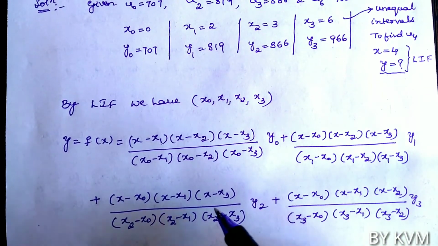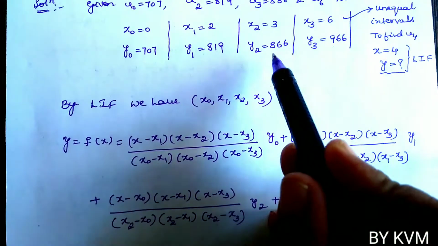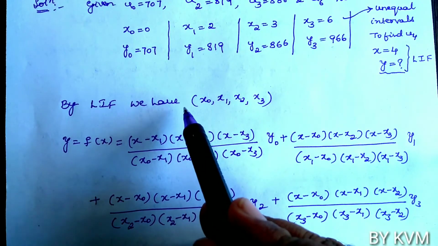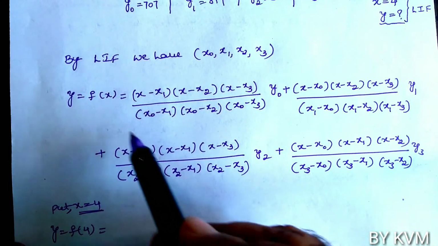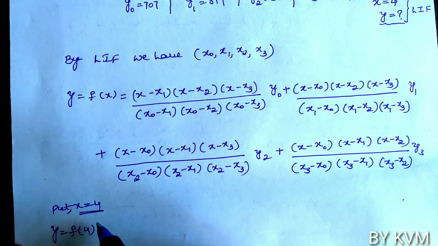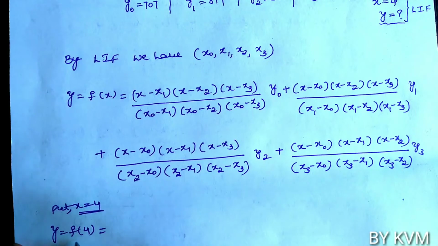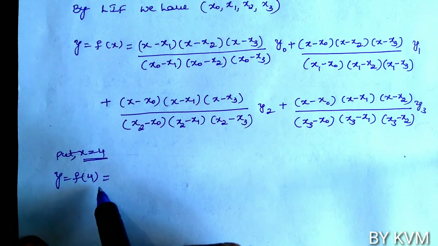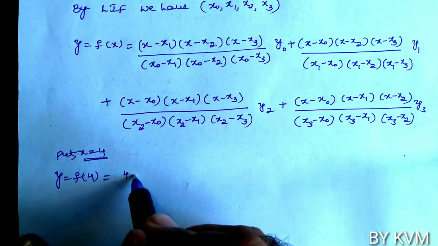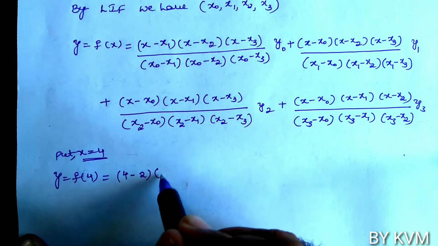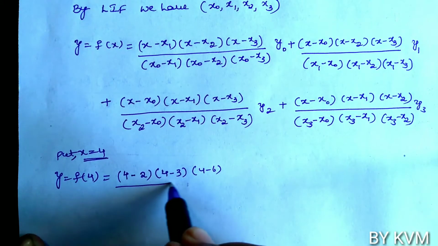So we know how to write the Lagrange's interpolation formula. So for 4 values given here, we know how to write the formula. So first write the formula, then substitute the values. So put x equals 4 in the formula. So we have y equals f of 4, which is equal to, now substitute all the values, 4 minus 2 into 4 minus 3 into 4 minus 6 by